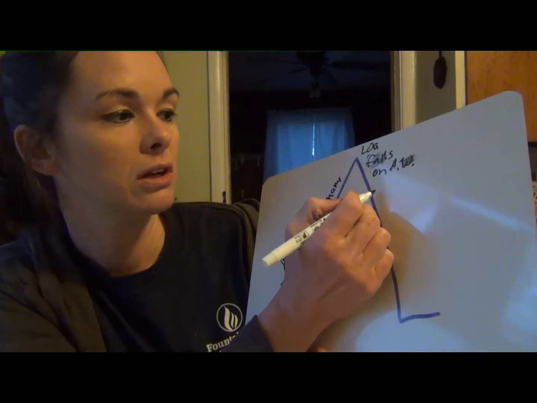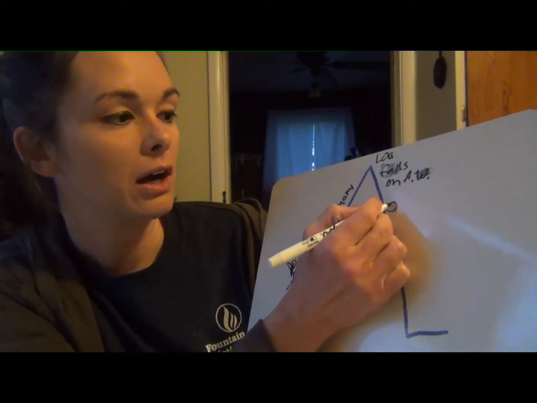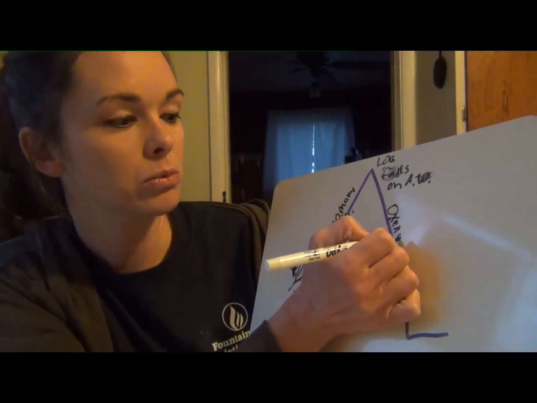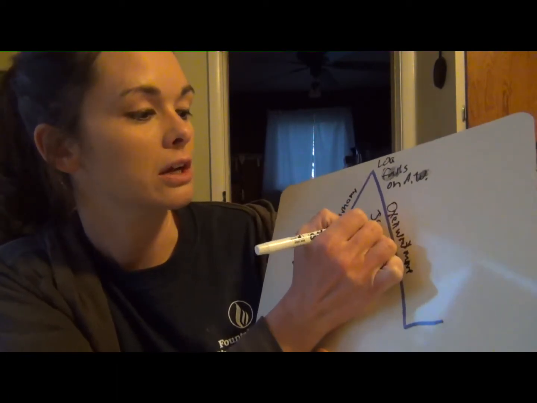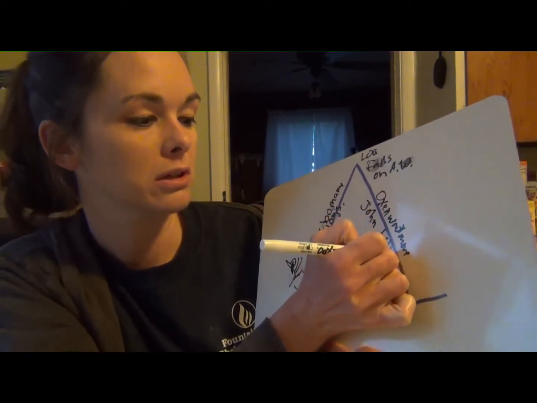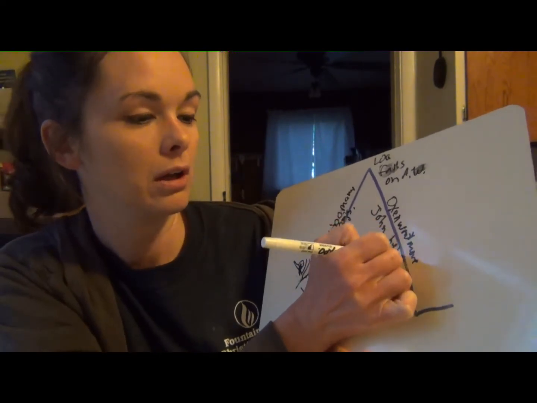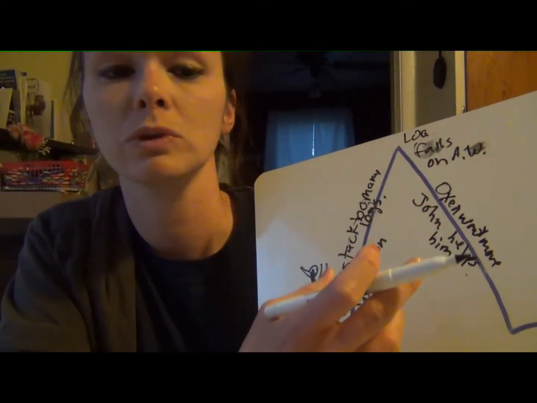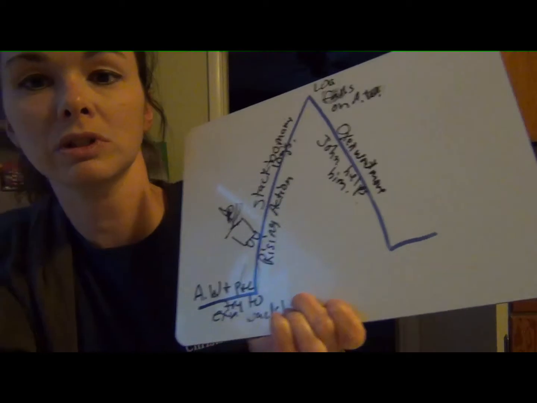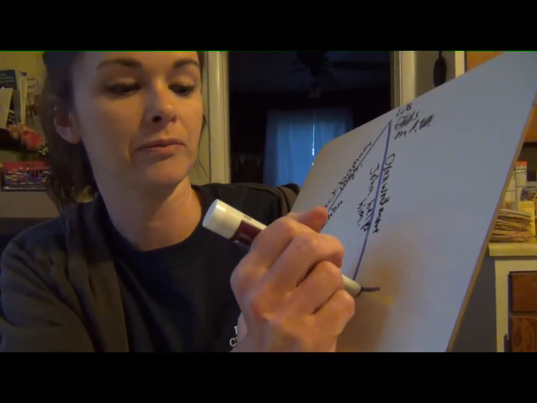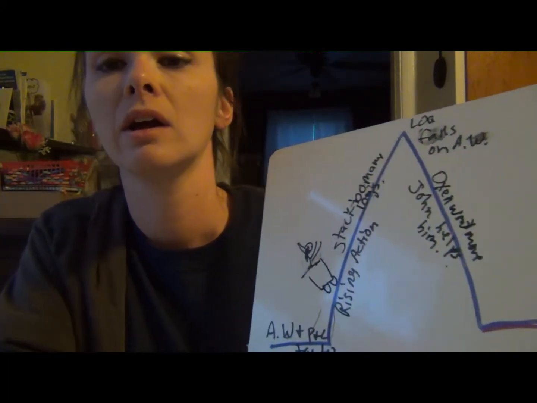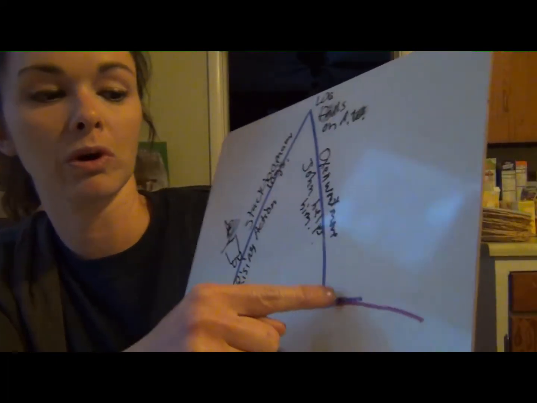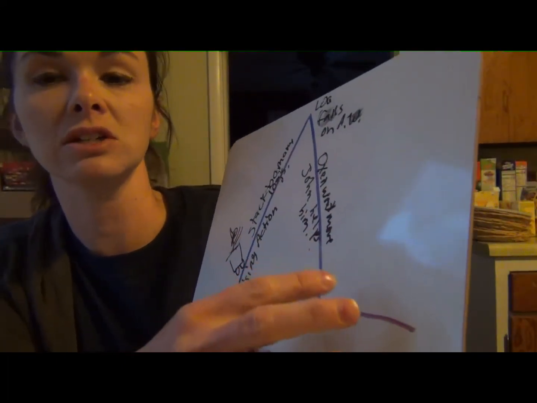And then John tells him, hey, you have too much stuff on there and you need to calm down. The oxen won't move. John helps him. Okay, so that's our falling action. We're working our way towards, what's the last part here? What's the last thing here? The resolution. We're working our way to the resolution, how these things are solved.